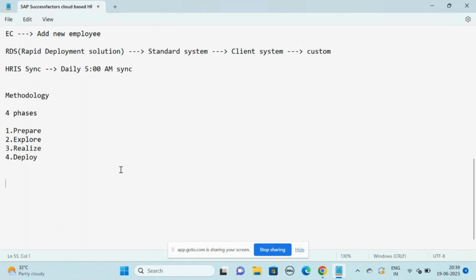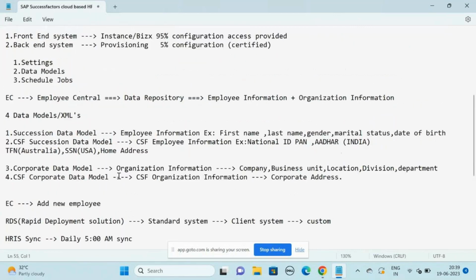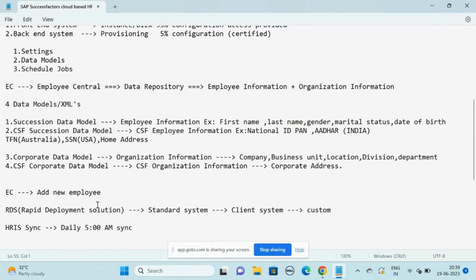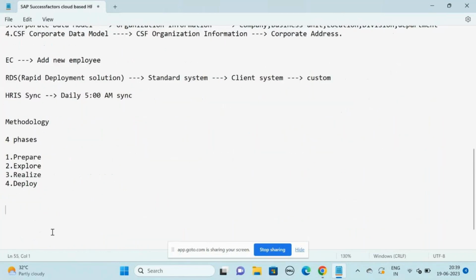So the highlights of the session, I'm repeating again: 2 systems, 4 data models, and 4 phases of the project. Tomorrow the same questions will be asked to each one of you. Make sure you answer them. Right. So any questions you can ask me, or else I am giving you a task. Your task is to